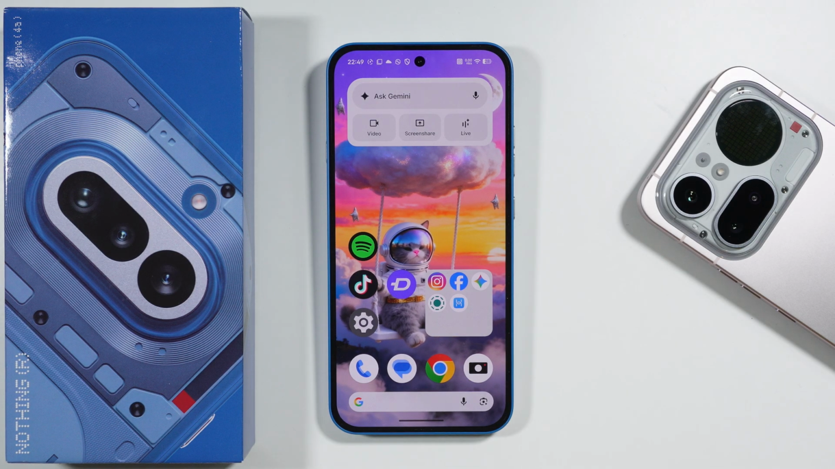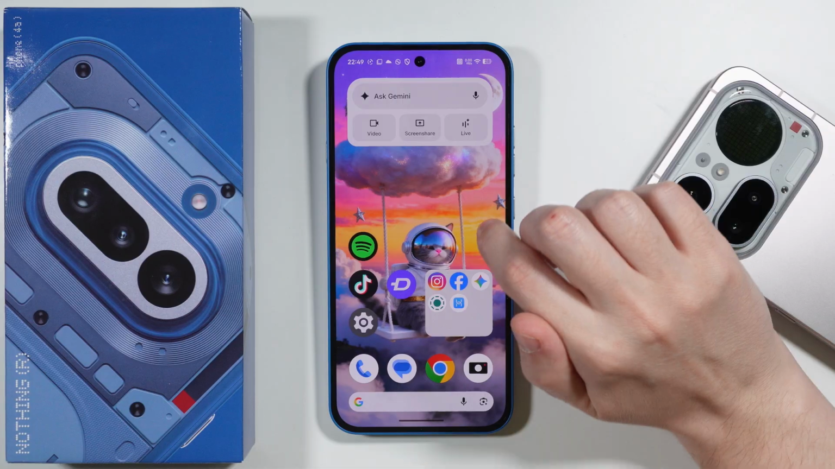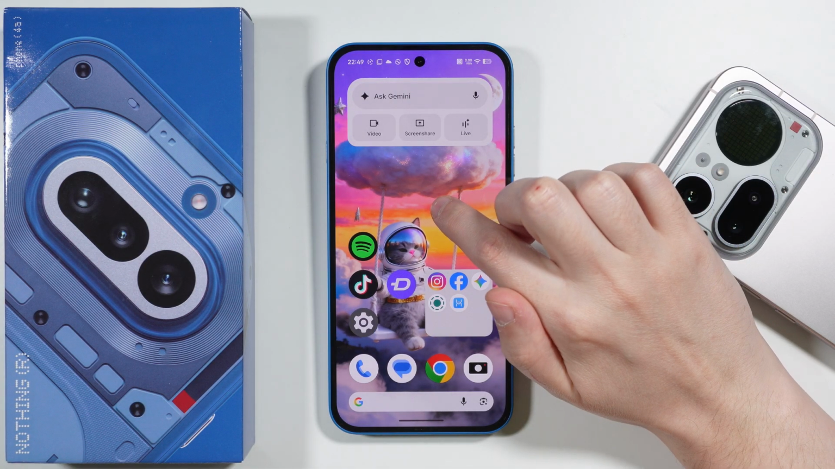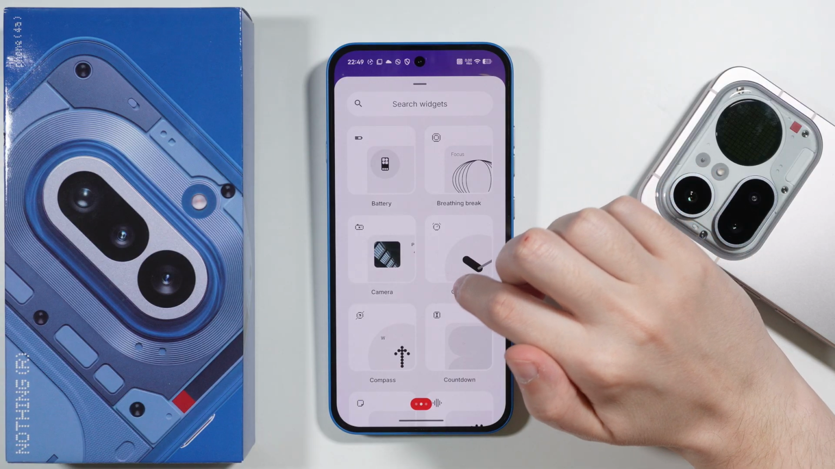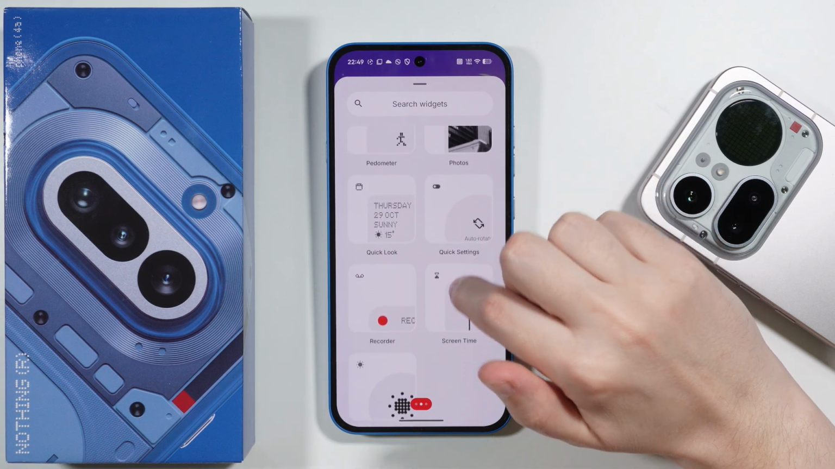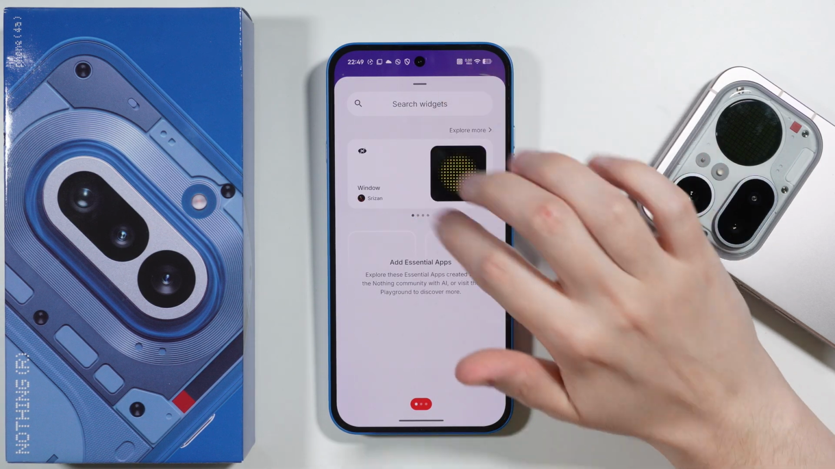To add a widget to the home screen on Nothing Phone 4a or 4a Pro, what you can do is press and hold your finger on an empty space on the home screen, and then you should be able to go to Widgets. Once you open Widgets first, you will see some of the example Nothing widgets, or maybe you can see something